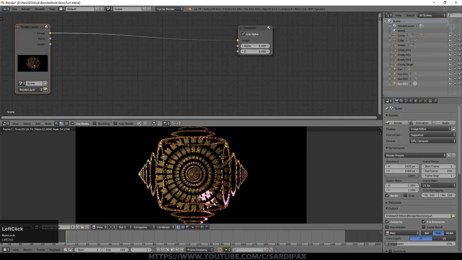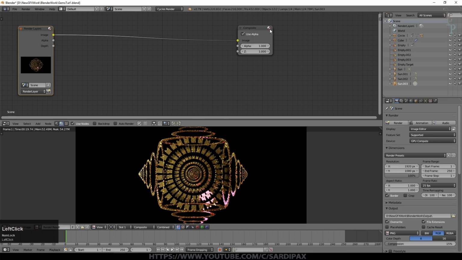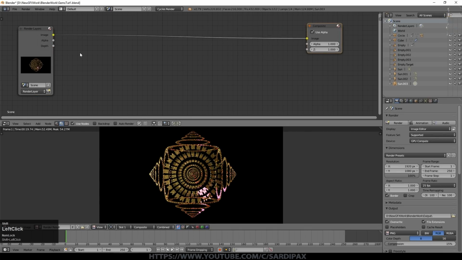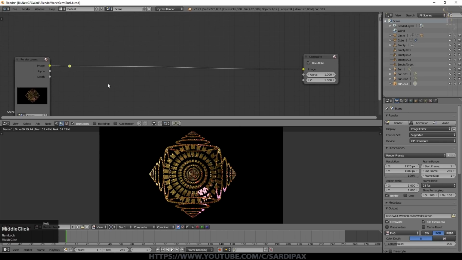But once you get the idea of what I'm doing, the fact that it's being done multiple times isn't too much of a problem. So to begin with, here's our render layer, and that's going out to our compositing node, which is what comes out down here. I'm going to add an additional node joiner here just because it makes it a lot easier to segregate what areas I'm sending where. So I just pressed Shift and dragged a line down through it, and it adds this little joiner node to help with the layout of our node group.